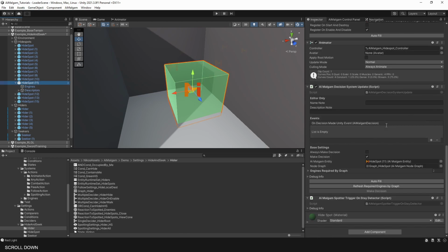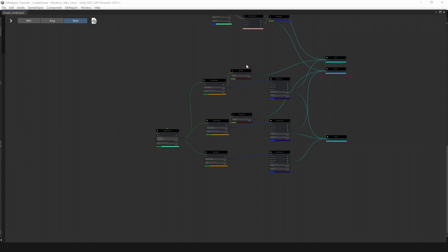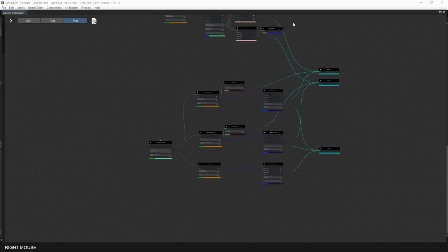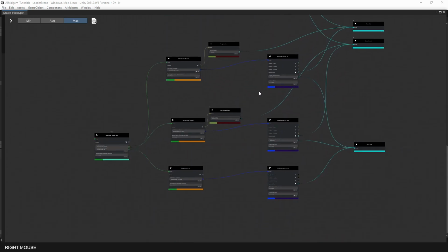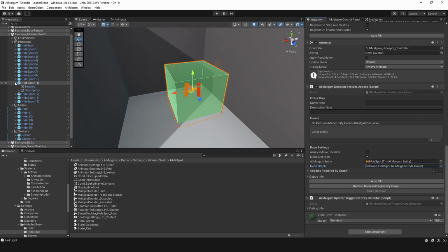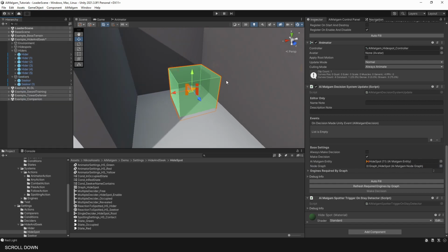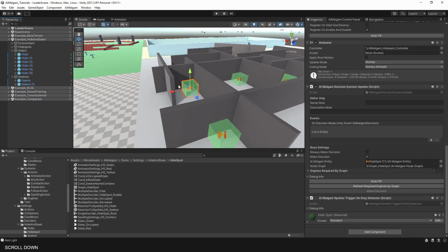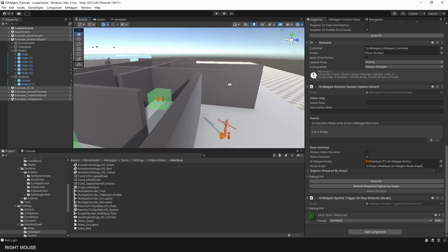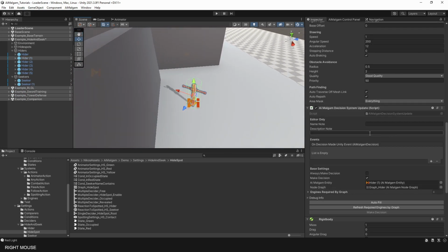And the actions get executed separately in their respective engines. So this is a huge performance boost to the traditional behavior tree or decision tree pattern, even the state machine pattern. It is a huge benefit. Alright, that's basically it for this one, although we can look at the hider real quick, but it's a similar